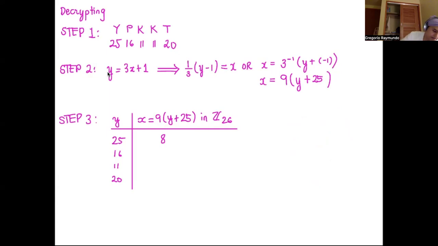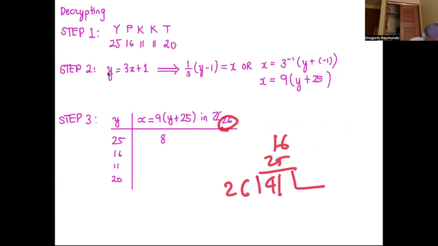So 9 times, ano yun? 16 plus 25, 41. Pero 26. Ito ay 1, 26, 5 carry 1, 15. So 15 times 9,